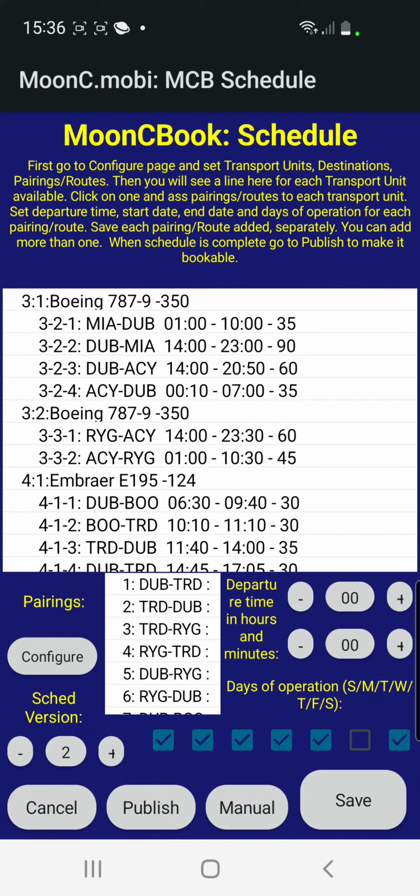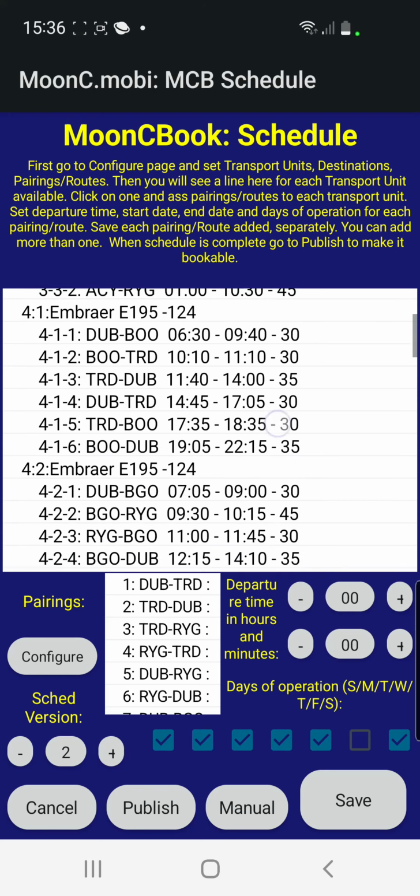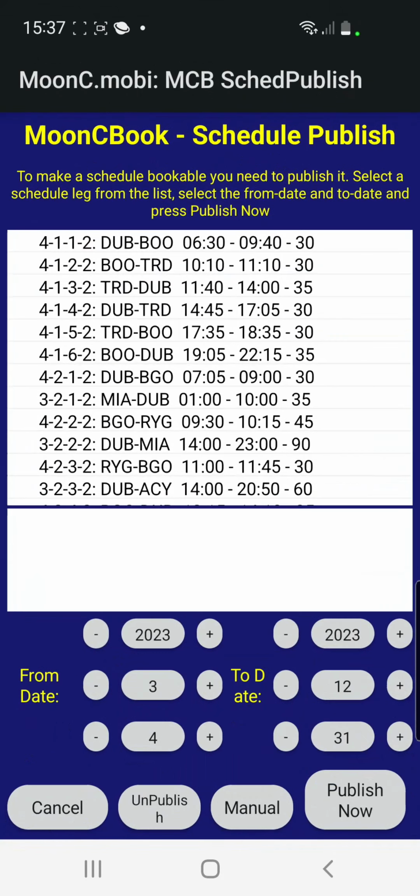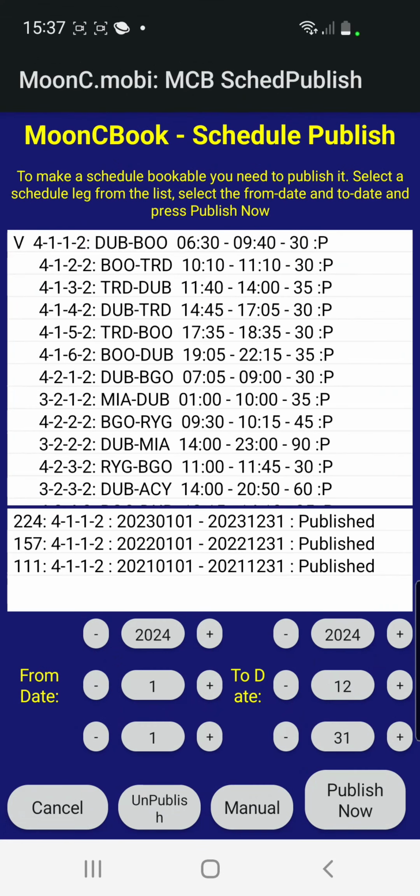This schedule version is the one that is operating at the moment for MoonC Air, and it basically gives the flights: first flight of the day, second flight of the day, third flight of the day, fourth flight of the day. And also, to put it on sale, you need to publish it, and you basically select it. You say from date to date you want to publish, and then you press publish now, and it will create,